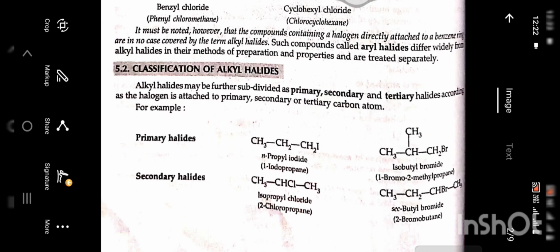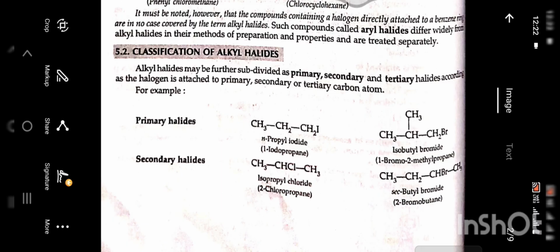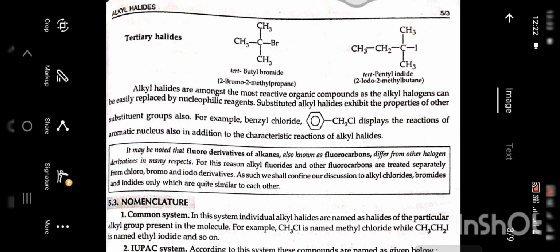Classification of alkyl halides. Alkyl halides may be further subdivided as primary, secondary or tertiary halides according as the halogen is attached to a primary, secondary or a tertiary carbon atom. For example, primary halides like n-propyl iodide or isobutyl bromide. Secondary halides, isopropyl chloride or secondary butyl bromide. Tertiary halides. Tertiary butyl bromide, the 2-bromo-2-methylpropane, or tertiary pentyl iodide,